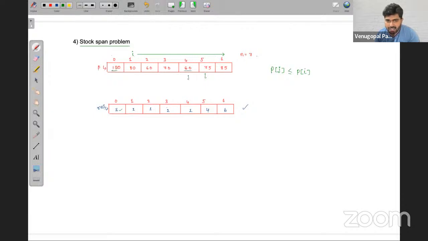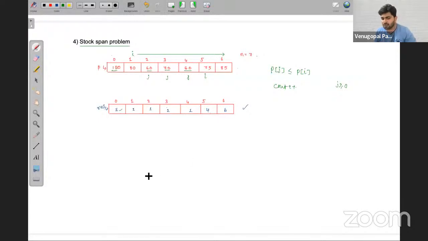If my price of J is small compared to 75, I will take one count variable and increment it. Next, if I take another value 70, if 70 is small compared to 75, I'll increment the count. Next, I'll decrement J. 60 is also small, I will increment. Like that, I will run while J is greater than or equal to 0. Okay. So that finally I can fill that count here.